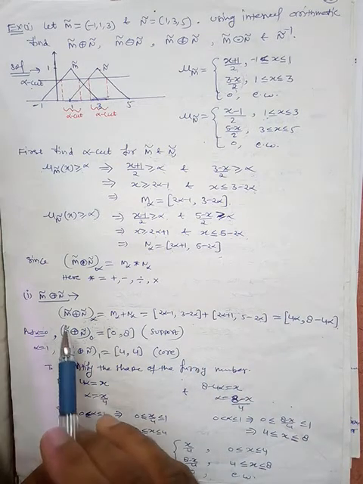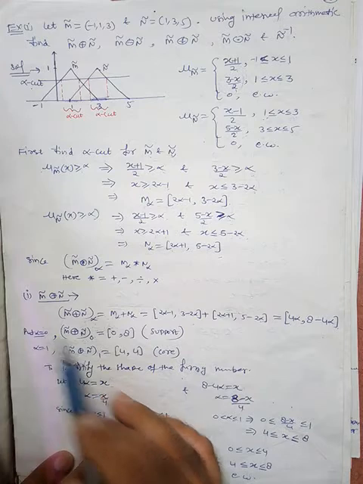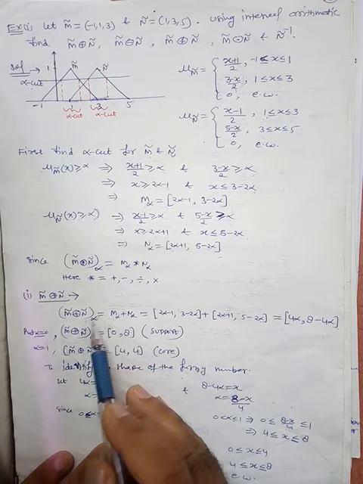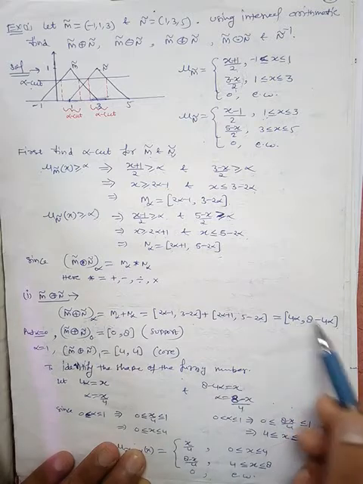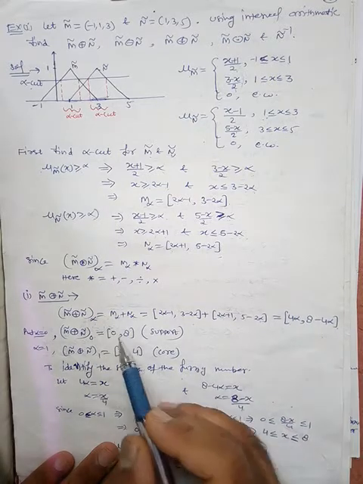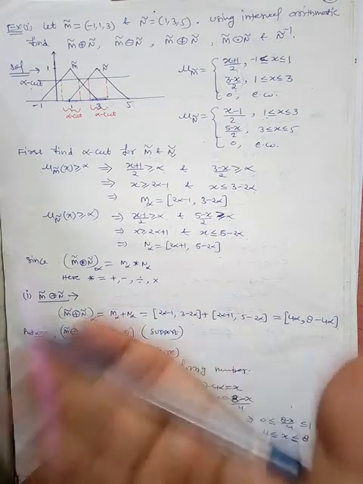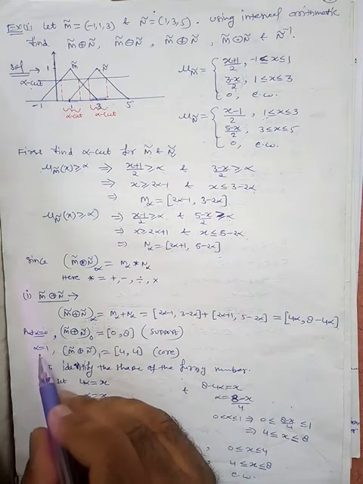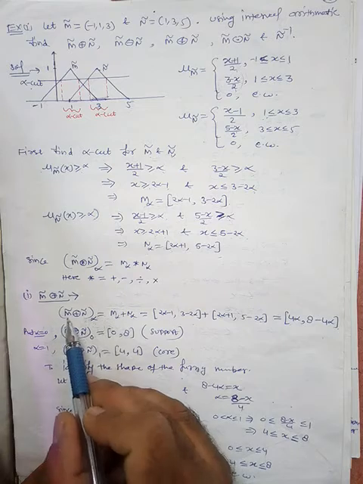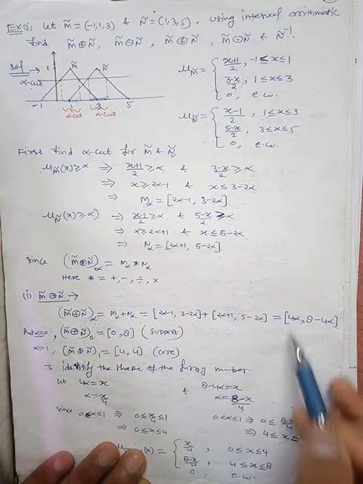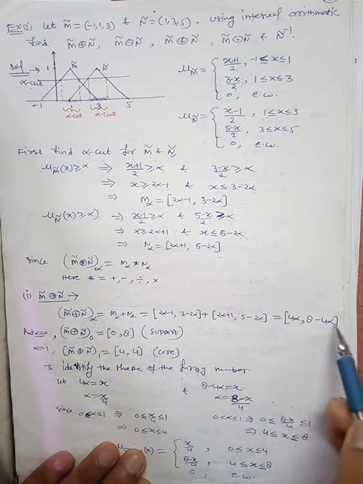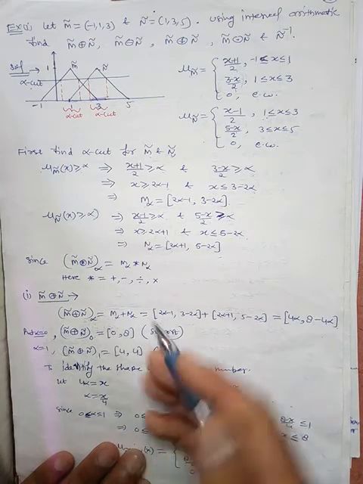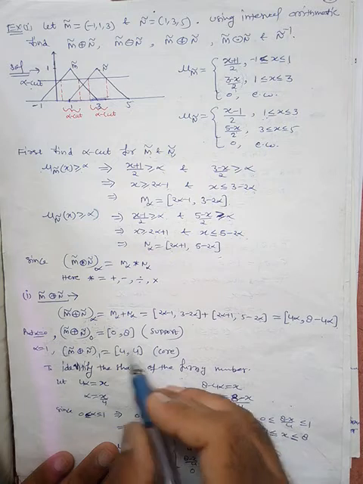Okay. So whenever you are applying this, first we will find out the support and core. Support means at alpha equal to 0. So when you put alpha equal to 0 here, they will give you 0 to 8. So 0 to 8 is the support. That means the base is from 0 to 8. Now find out the core, that is, we will find out the peak value. So put alpha equal to 1. So m plus n 1 is equal to, put alpha equal to 1 here: alpha equal to 1 means 4, and 8 minus 4 will be 4. So 4 to 4 is the core. So this means the support of this interval is 0 to 8 and its core is at 4.